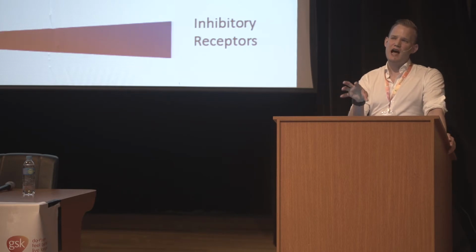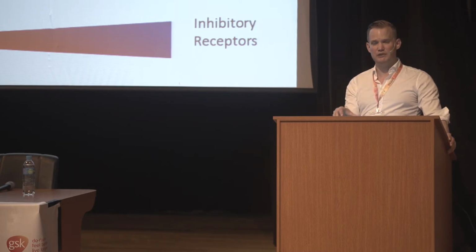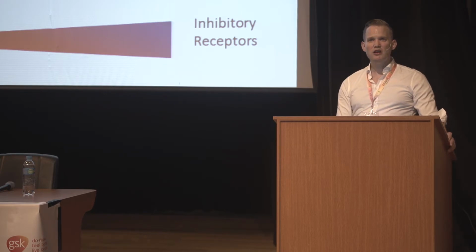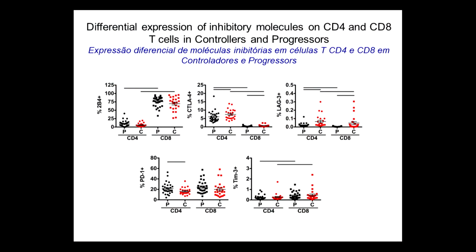Now, we were interested in how the inhibitory receptors are actually impacting the HIV-specific CD4 T cell responses. So we looked again in controllers and progressors, and first asked the question: how are the inhibitory receptors expressed on CD4 cells in comparison to CD8 T cells? Here, progressors and controllers and CD4 and CD8, we looked at 5 different receptors, 2B4, CTLA4, LAG3, PD-1, and